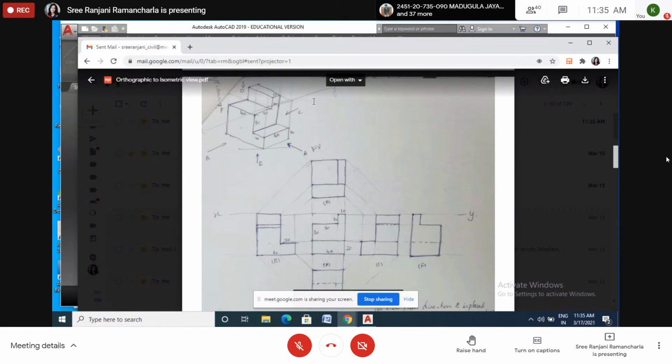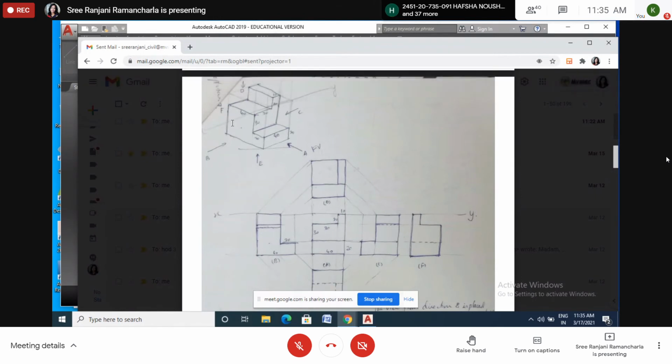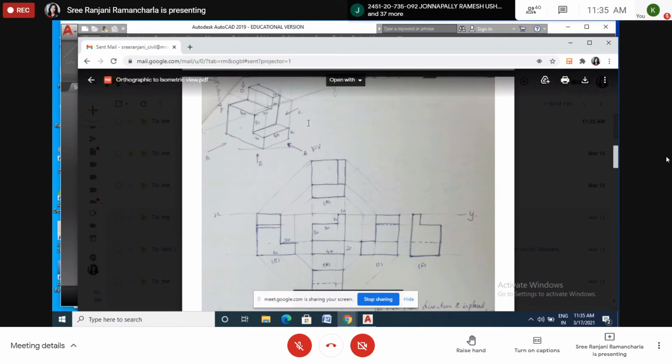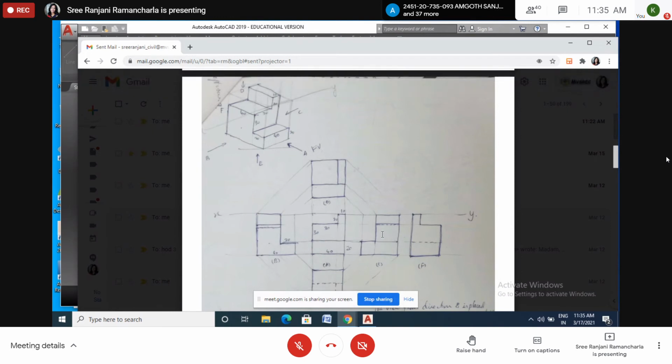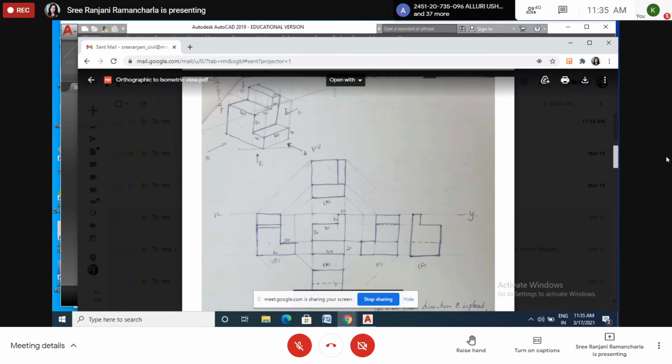When the observer is here, then the view you have to draw is in this way. Okay, so B. When you stand here, this is the B. Then C. When you stand here, it will be looking this way. See, and F is this side. So it is opening. After C, then it opens in this way. After C, the continuation. So how it looks.